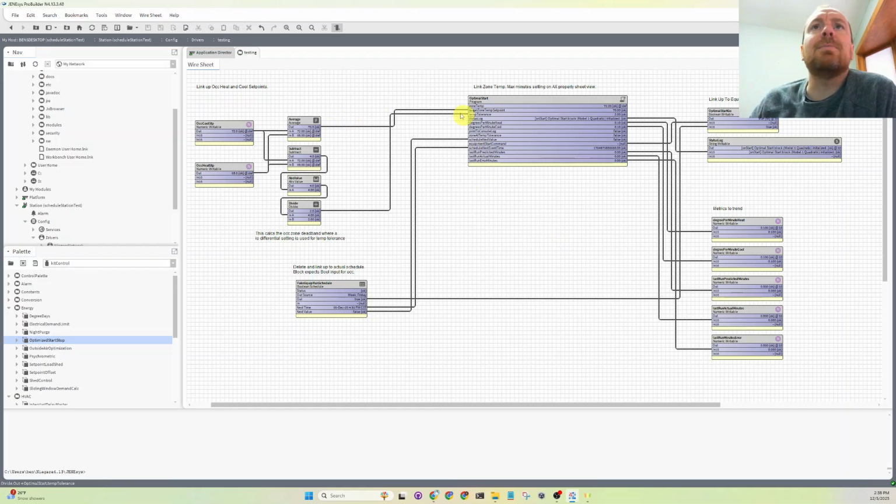So this target set point we have wired in for 70 right now, because it's actually calculating the deadband and taking the average. What you'd want to do is look for the control system's occupied cool and occupied heat, and wire it right in accordingly, and then this will be the target zone set point,